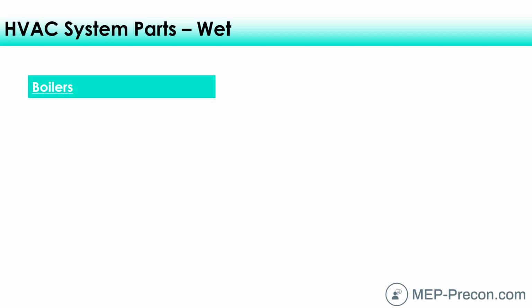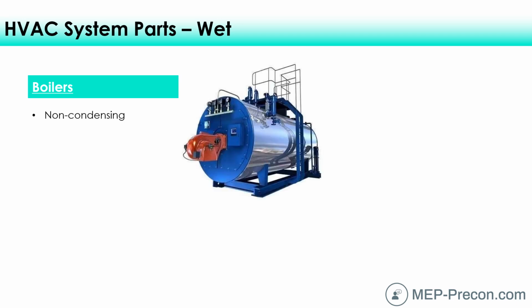Okay, let's talk about boilers. So there's condensing and non-condensing boilers. And you probably won't see a whole lot of non-condensing boilers anymore, but there's a lot of them out there that are existing, so we'll talk about them a little bit. The difference between condensing and non-condensing boilers basically is how much heat is rejected into the atmosphere from the boiler. So non-condensing boilers are typically only about 80% efficient at the most, maybe a little bit less than that. So that means 20% of